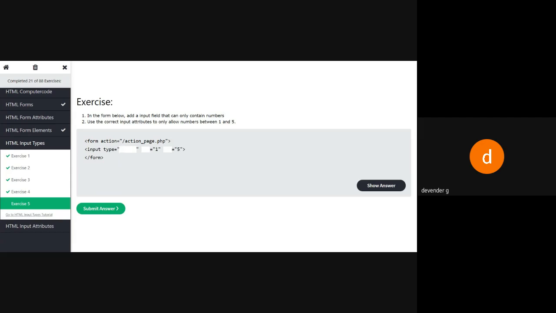So it should accept only the numbers, and that should range from 1 to 5. So we have to say type is equal to number, minimum is equal to 1, maximum is equal to 5. So let's see this one.